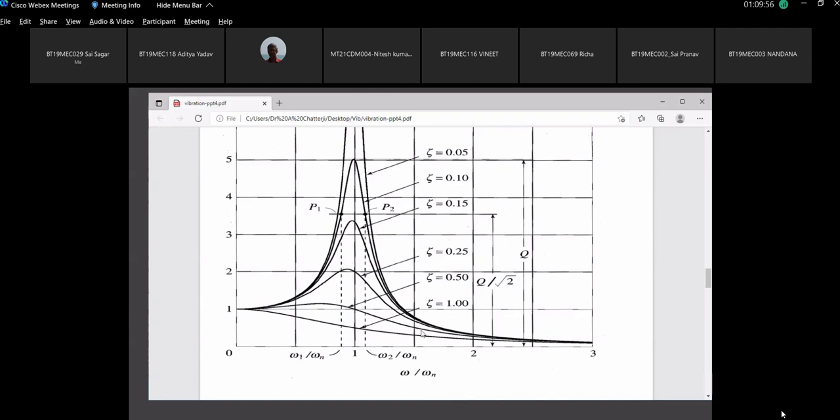We should prefer this side. Why? Because the vibration amplitude is very, very small compared to this side. So, omega far greater than omega n is more preferable than omega less than omega n. That is another sentence. And I will close with